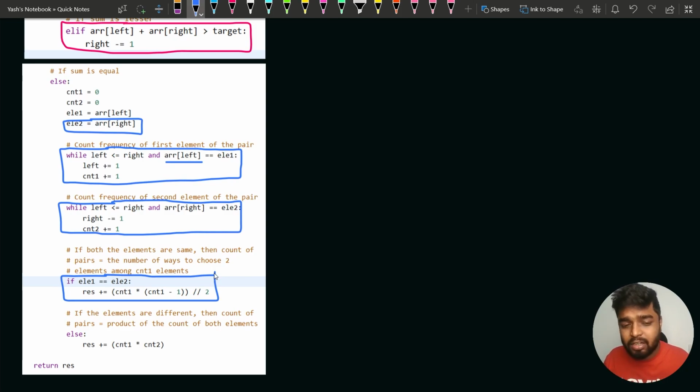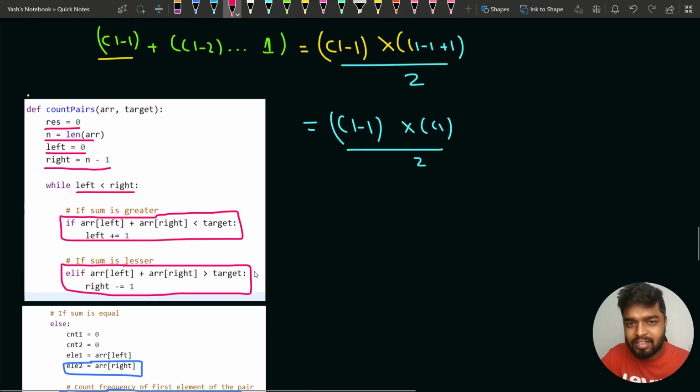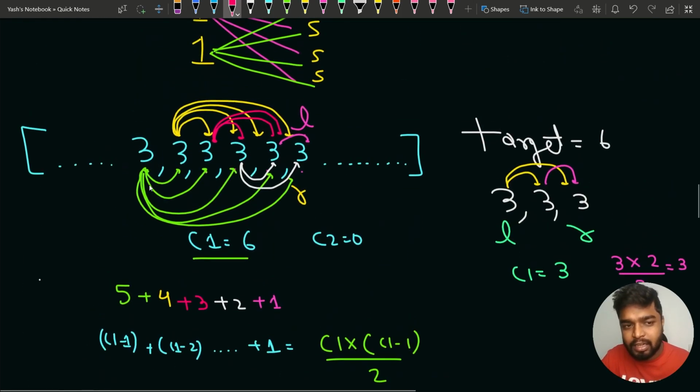I have proved this arithmetic progression as well. So I hope you understand this. Otherwise, if the two elements are different, then the result will be updated as what? Then the result will be updated as counter 1 into counter 2, because you can see both the test cases I have explained. When the left and the right element are same, then it will depend on the counter 1,